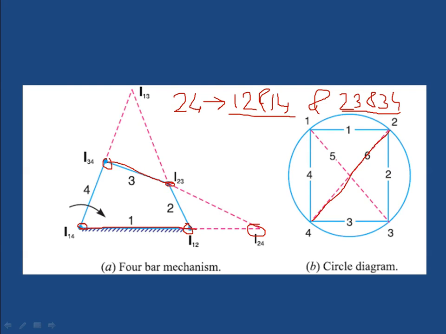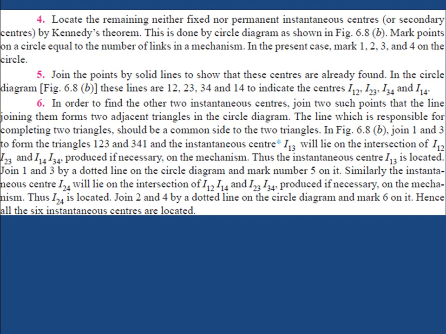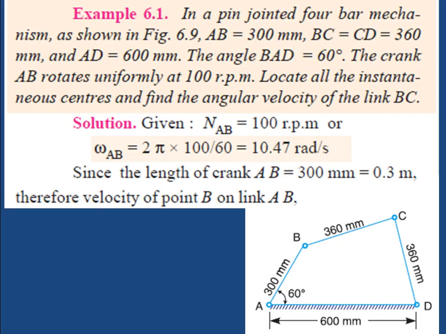Initially, how to find this, this circle diagram is going to help you to locate these I centers. So you can adopt this circle diagram. So go by combination. Just draw a diagonal line, and on the remaining sides you can get the combinations. So if I24 is there, 2 3 and 3 4 on one side, 1 2 and 1 4 on the other side. So this combination you have to take. Similarly, if you want to get I13, that time you can use 1 2 and 2 3 and then 3 4 and 1 4 like this. Okay, so the same steps are given here, so I'll not cover this. Directly I'll go with the problem.